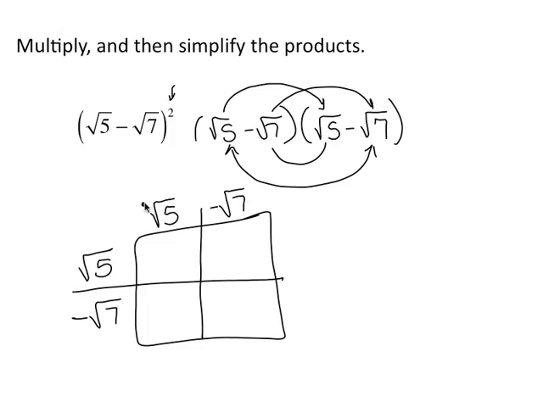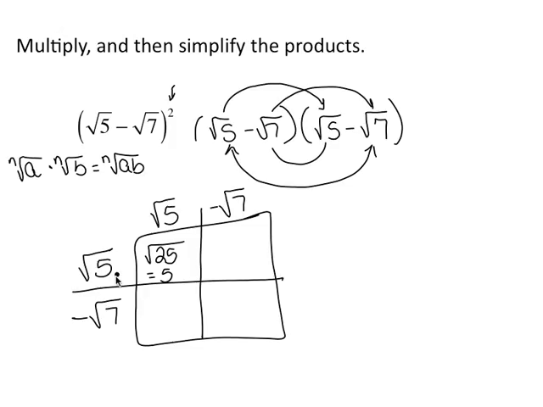So when you multiply the square root of 5 times the square root of 5, we're using that product rule that states if you have the nth root of A times the nth root of B, then that gives you the nth root of AB. So notice that the index doesn't change, and then just the radicands get multiplied. So here we get the square root of 5 times 5, which is 25, and then that can be simplified